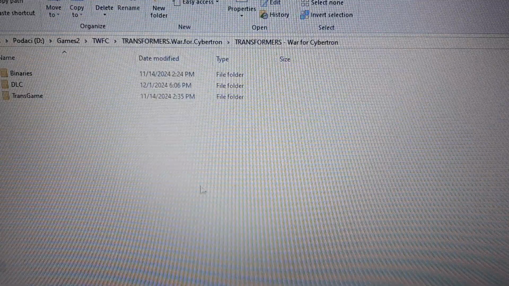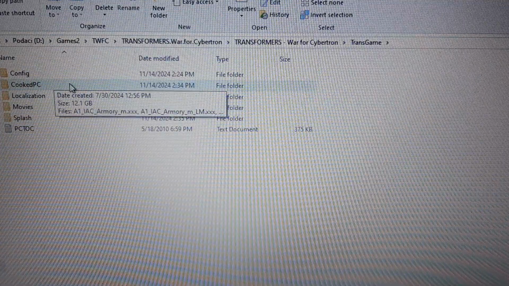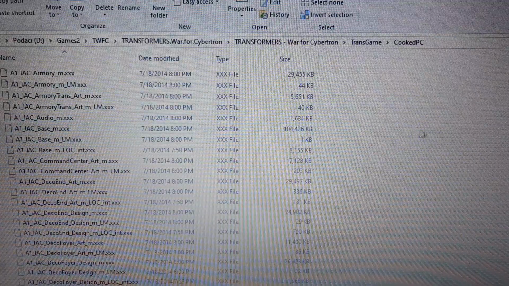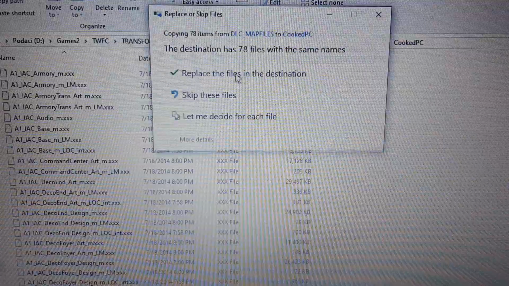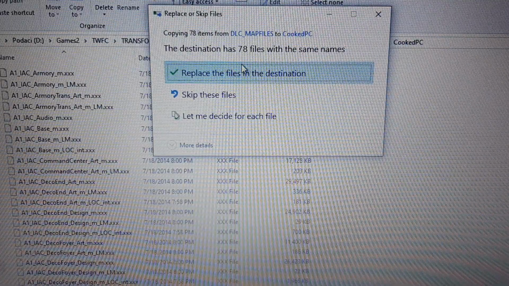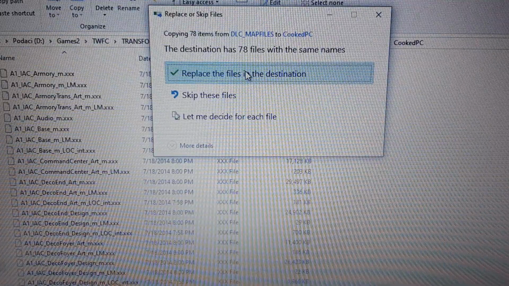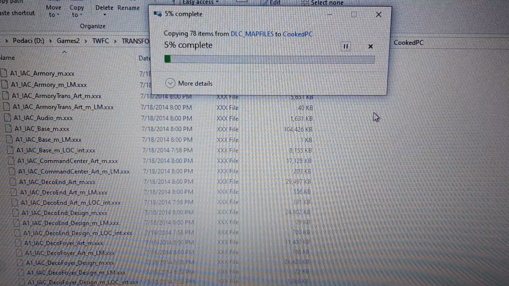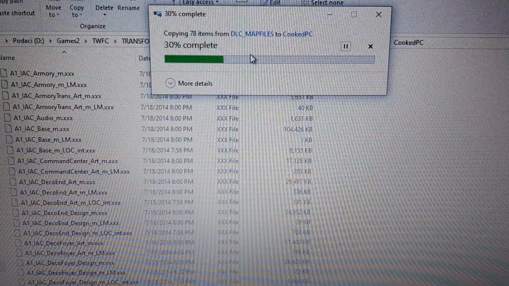Then we're gonna go into transgame, cooked PC, and we're gonna paste all of these files right here. So just go and click paste, and it asks us if we want to replace the files. If you backed up your game files, as I've said before, you can replace them as you won't really lose anything. So basically we now have to wait for it to replace the